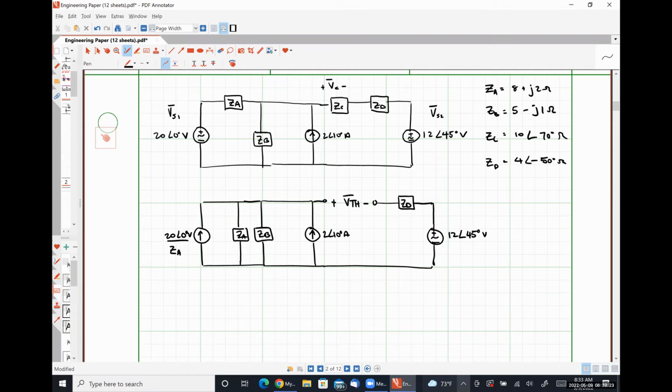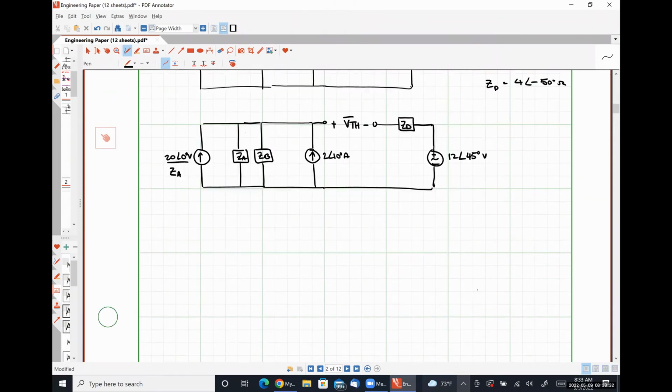From here, we can easily use Ohm's law to figure out what the voltage is that's associated with the positive polarity terminal. And from this, we can say that our Thevenin voltage, VTH, is 20 angle 0 degrees volts divided by ZA